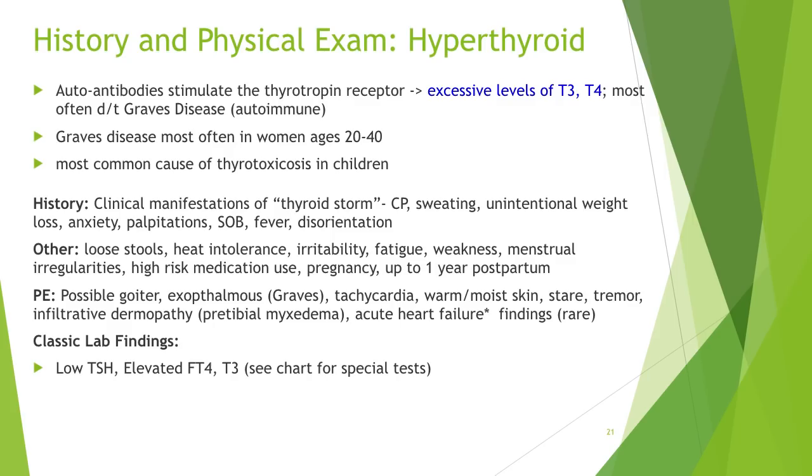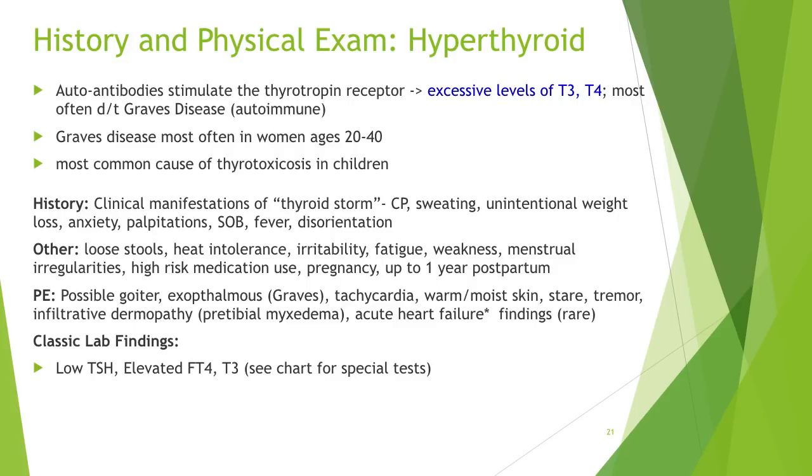When we look at patients with hyperthyroidism, we see almost the exact opposite. In these patients, you have autoantibodies that stimulate thyrotropin receptors, and you have an excess of T3 and T4. And most often, this is related to having Graves' disease or an autoimmune disease that causes this process to happen. Graves' disease is seen more frequently in women, especially between the ages of 20 to 40. And the most common cause is